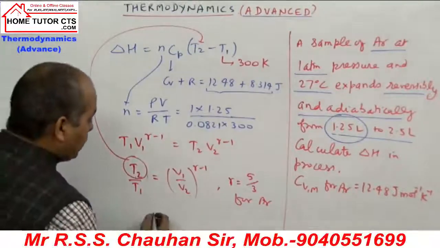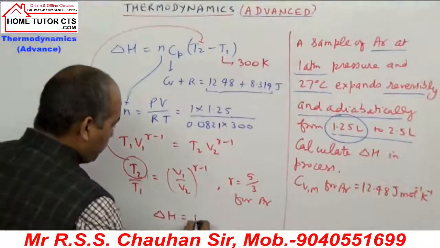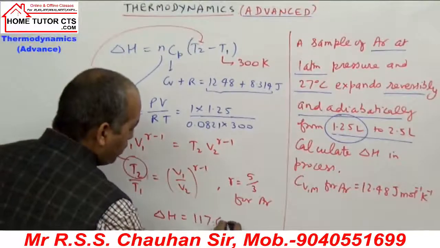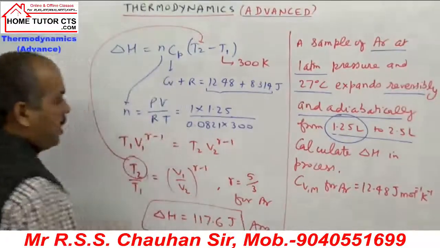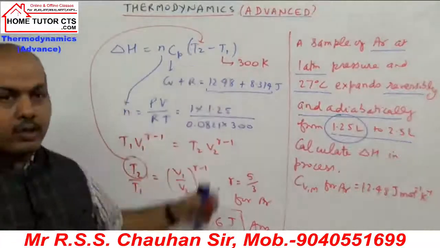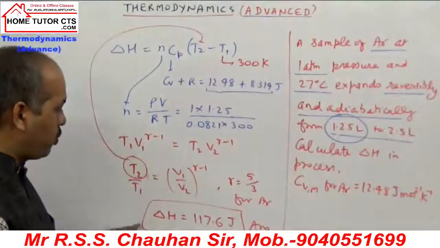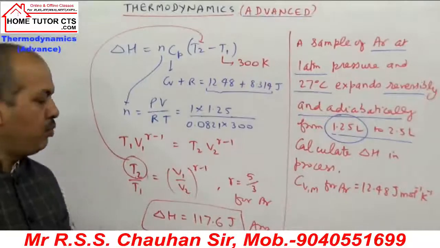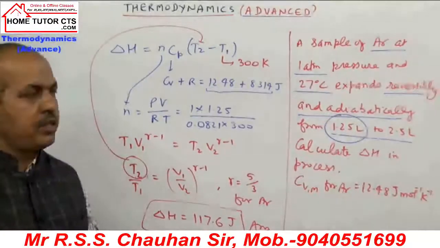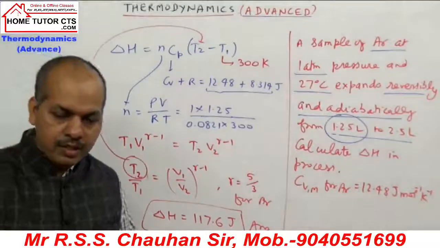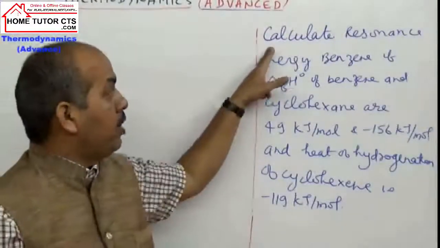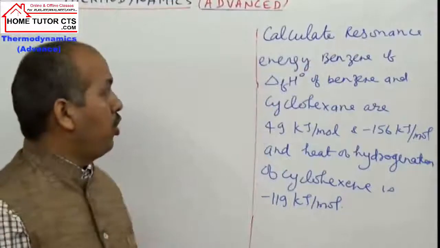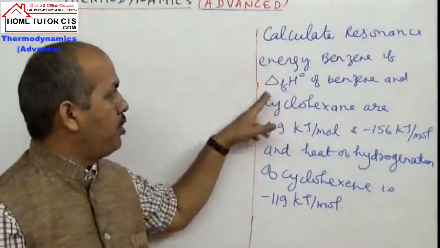On solving your answer delta H should come 117.6 joules. It is answer for this question. आपको कैलकुलेशन में रहेगा, आपको मैंने पूरा हिंट दे दिया क्वेश्चन के लिए. Do the calculation at your own and answer should come 117.6 joules. Okay, चलिए let us take next question now. So write down our next question, देखिए, calculate resonance energy of benzene